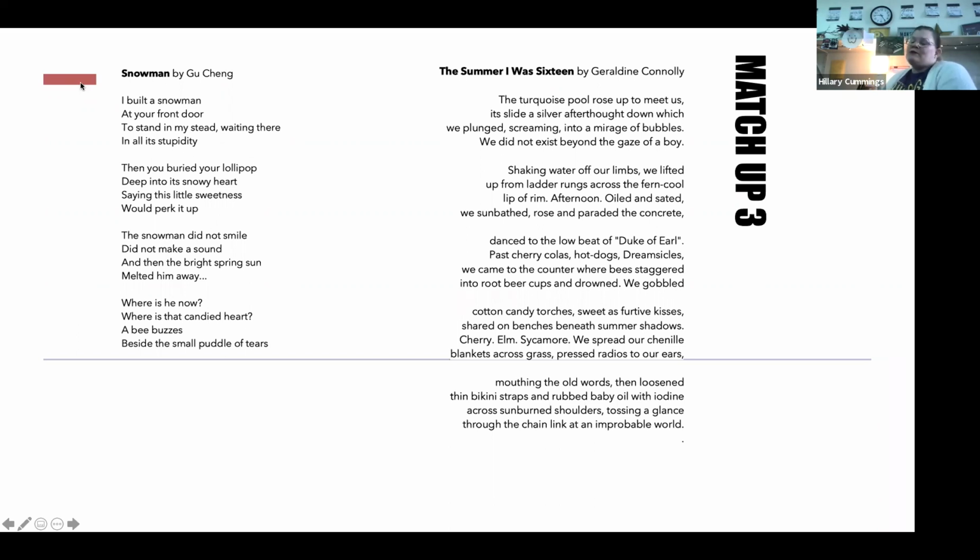So this poem a lot reminds me of Nothing Gold Can Stay because it's about that short-lived time. And I think a really good life example is how just a few weeks ago we had that snowstorm. We were out there building snowmen, and now all of a sudden it's spring and snow is definitely not around at this point, right? We've got the buzzing things coming out. Bees are starting to come out and pollinate the flowers.